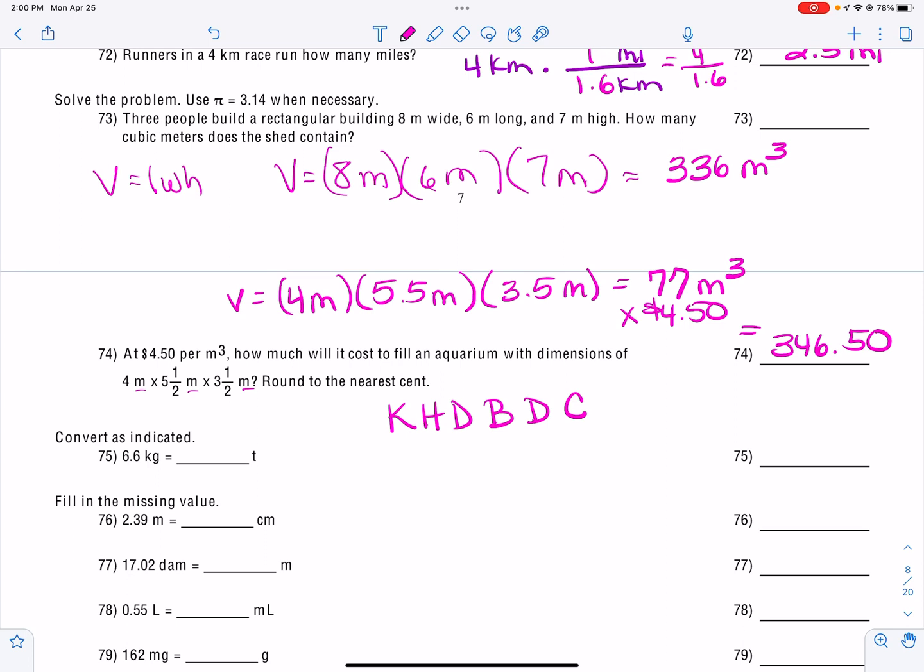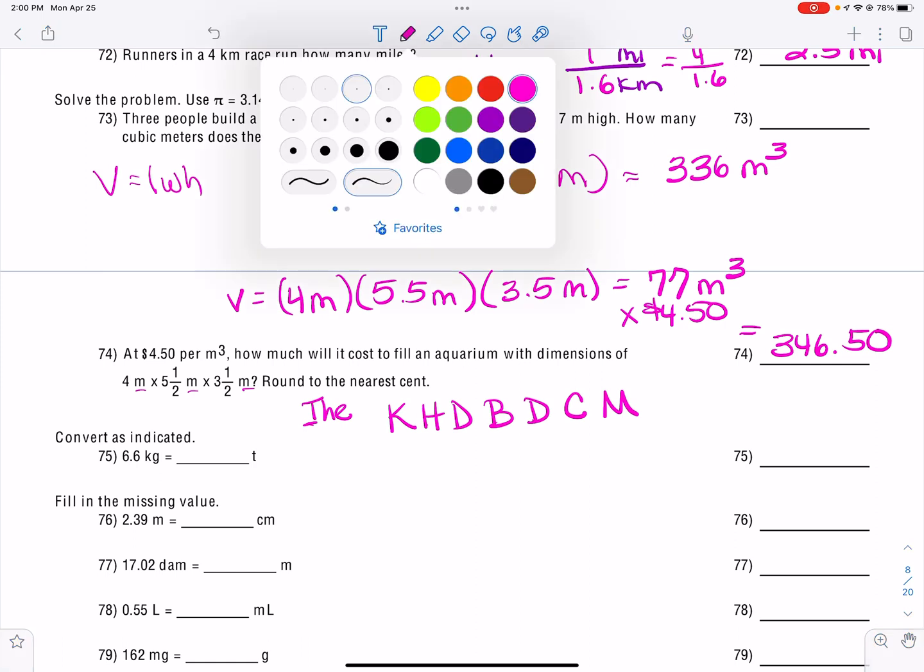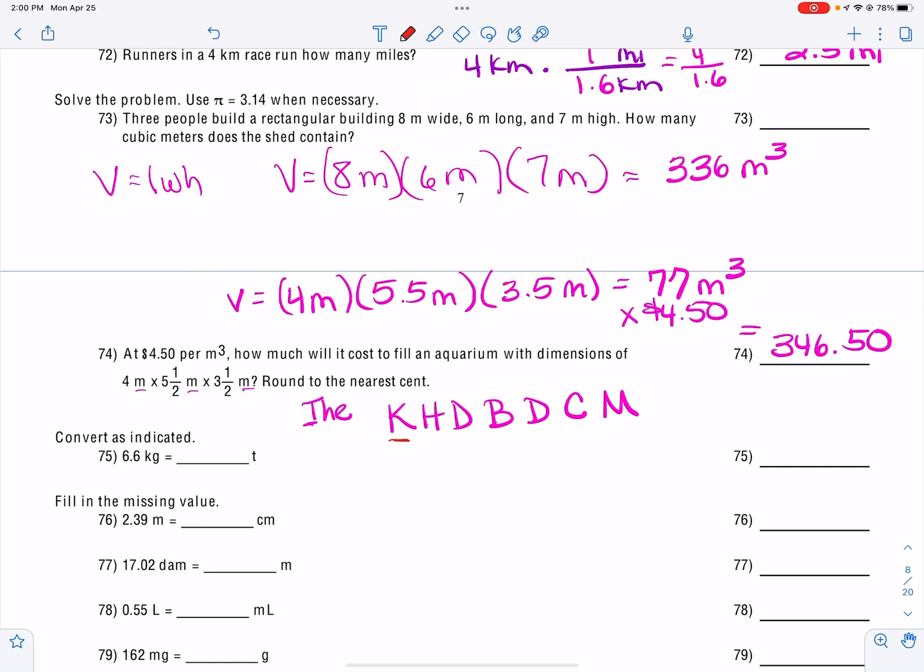Now, if we're going from metric to metric unit, you want to think of King Henry died by drinking chocolate milk. And then don't forget, if we have metric tons, we have to go 3 units to get to that T in this first example. So when we are going from kilograms, here's kilograms, 1, 2, 3 to the left. So we will have 2 zeros followed by 6